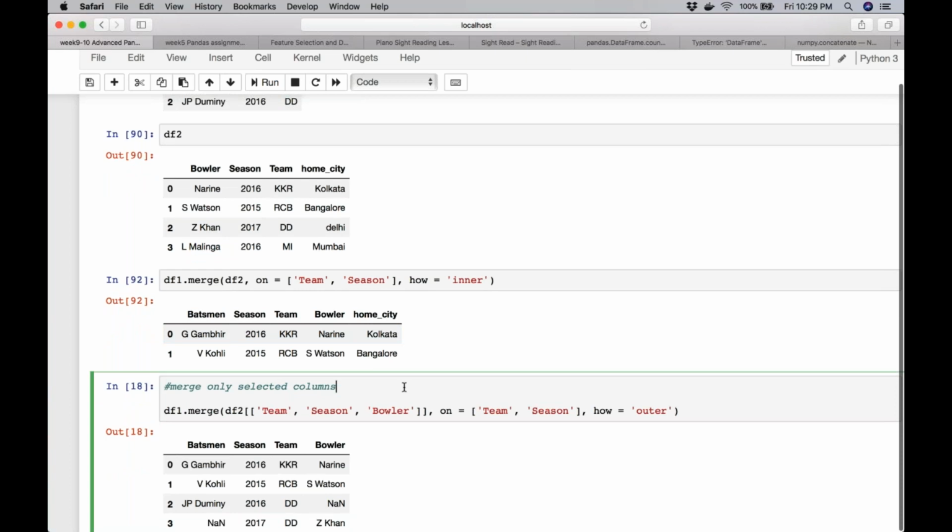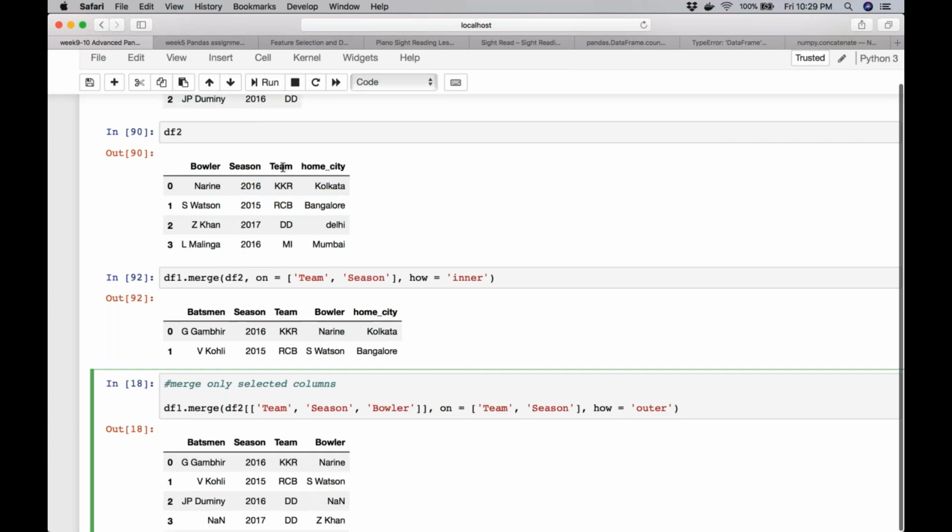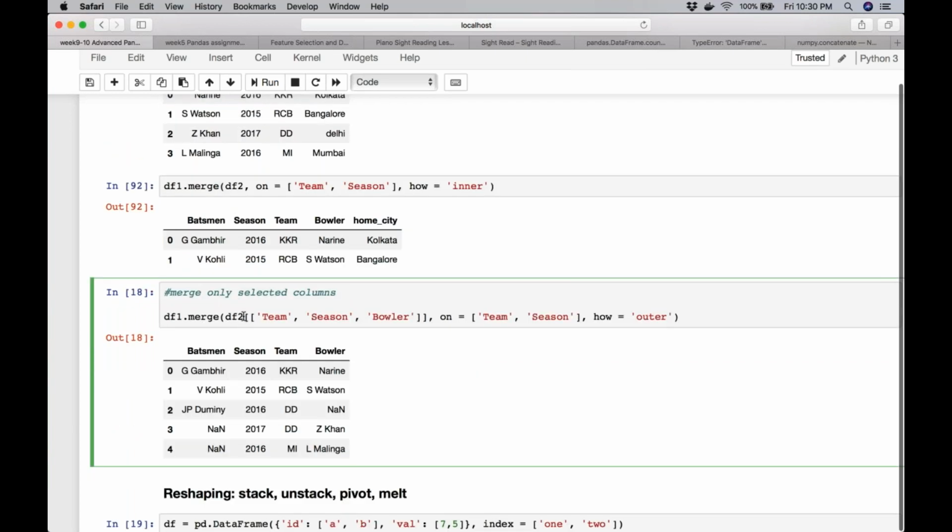And the last is you have a fairly large data frame and you just want to merge selected columns. So let's say here, I'm not interested in the home city. I'm just interested in df1, whole of it, and merge it with df2, only bowler, season, and team. So I can do that. Here, instead of passing the entire df2, so instead of saying df1 dot merge df2, I'm saying df1 dot merge, and then pass the list of these columns.